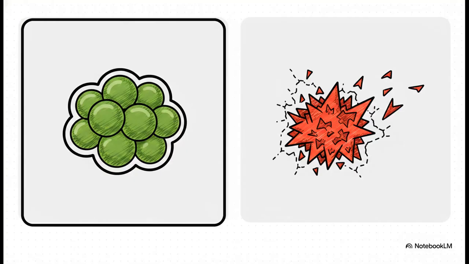Now, in everyday language, a neoplasm is usually just called a tumor, but we all know not all tumors are created equal. The crucial thing is understanding the difference between a benign tumor and a malignant one. Benign tumors are your slow-growing, highly localized masses. They stay put, and biochemically, their cells actually look pretty normal. Their cell cycle controls are largely preserved. Malignant tumors, on the other hand, which is what we actually call cancer, are the true rogue agents. They divide incredibly rapidly, their cells are highly abnormal, and most dangerously, they're invasive and metastatic. They absolutely refuse to be contained.